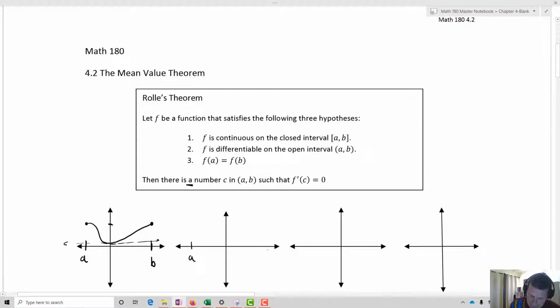Let's take a look at another one, a to b. But instead of going downward, we're going to have the function go upward. Then f prime of c is going to equal 0 at this point. That'll be our c, just like here, this one was our c. Another option is that we actually have multiple points in which this is true. If we do something along those lines,